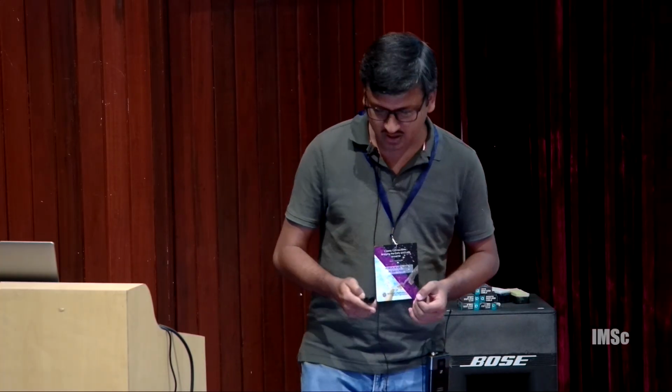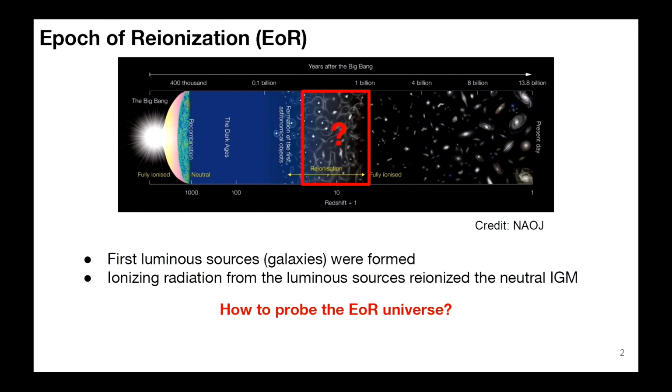So today I'd talk about multi-wavelength line intensity mapping and how you can do cosmology with it. I will start with the pretty early phase of the universe, and eventually we will come closer to the present day. The first phase that I will talk about, the cosmic phase, is the epoch of reionization, which is essentially the period when the first sources of light like galaxies and quasars first formed, and they gradually ionized and